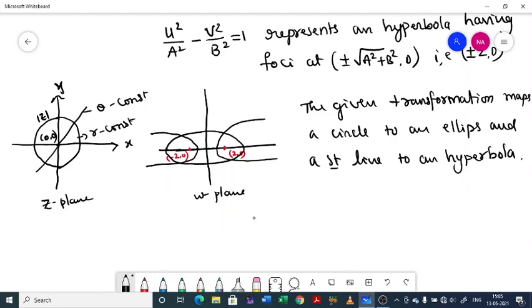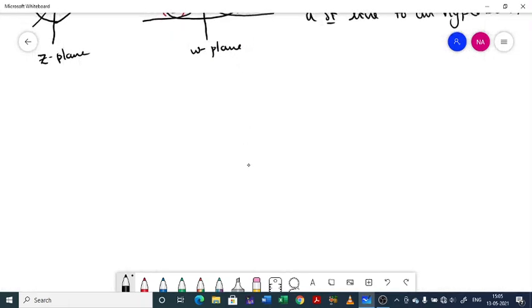With this, the discussion on conformal transformations is over. So next we'll introduce bilinear transformations. So just look into the definition of bilinear transformations. We have already discussed linear transformation. What do you mean by linear transformation? See, if you consider any map of this form ax plus b, that means the independent variable should be of degree 1. So these transformations are called linear.